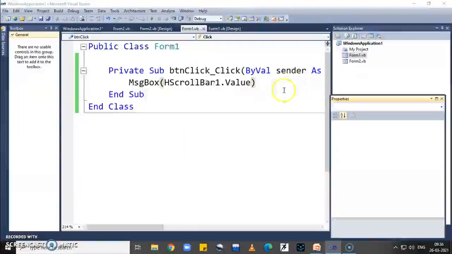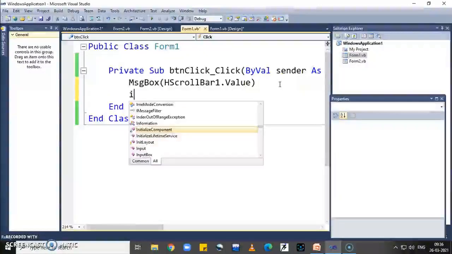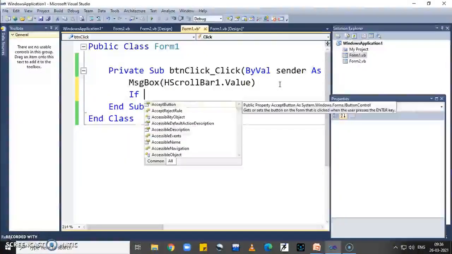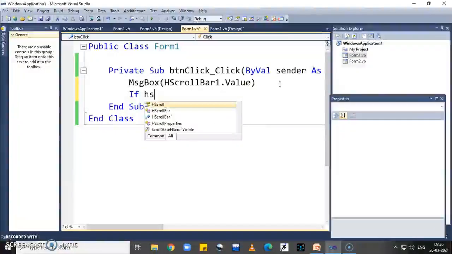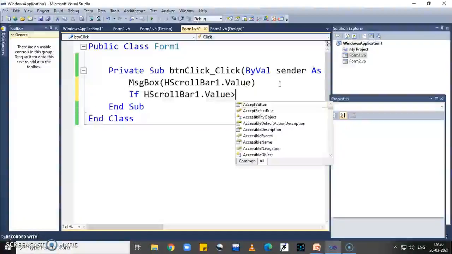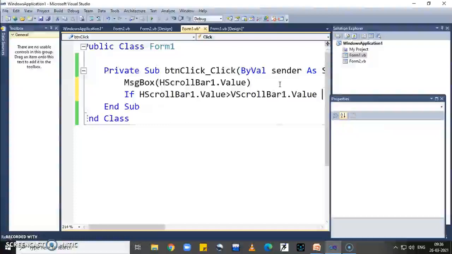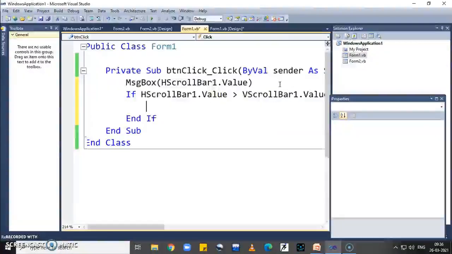Now here I write one if statement code, if H scroll bar 1 dot value greater than V scroll bar 1 dot value, then here write else.